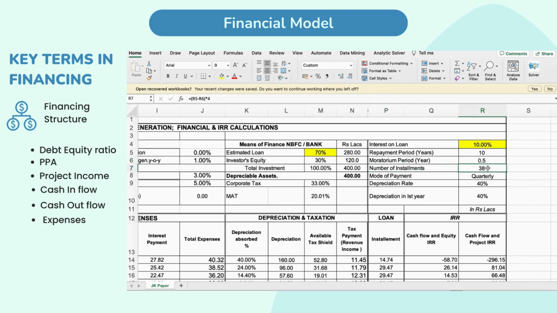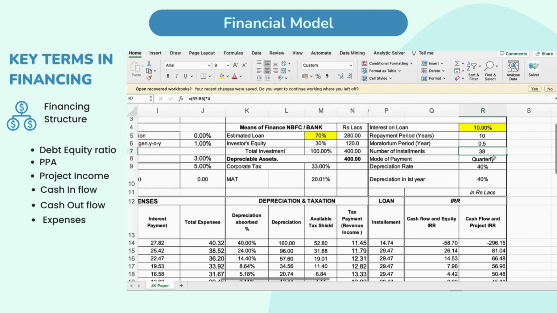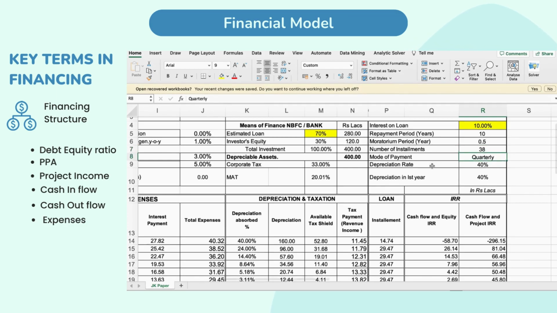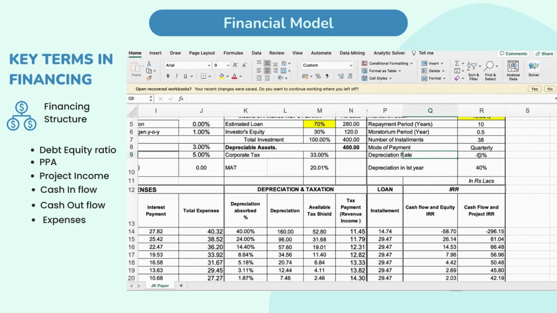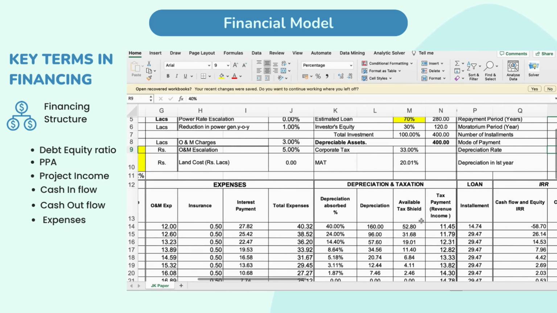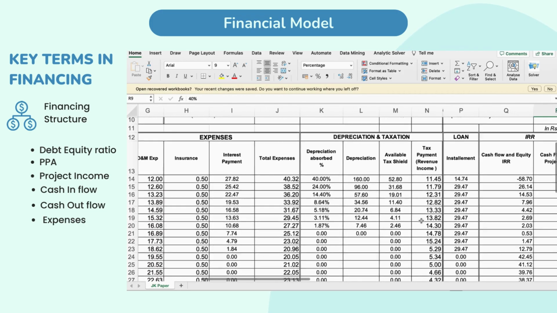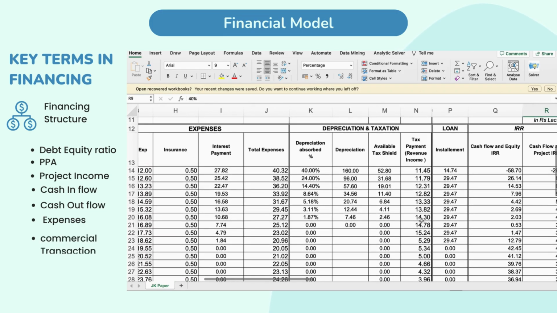And you are to pay typically all the payments through 38 installments. You would have 40 installments, but because there was a moratorium period, that is 0.5, you are getting 38 installments, and these are known as quarterly installments. And the solar projects are subjected to accelerated depreciation, and this depreciation rate is 40% per year. We will explain the depreciation in some subsequent sessions, but these are the terms which are required for understanding the